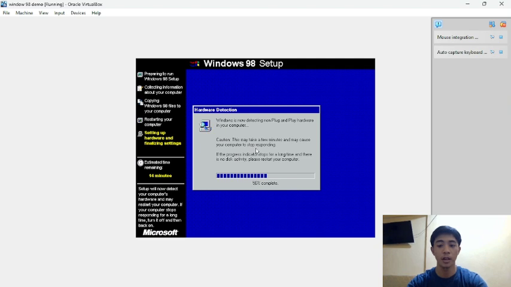After the installation and after the hardware detection is 53% complete, we will restart the PC.